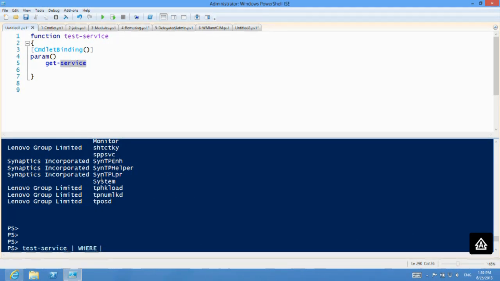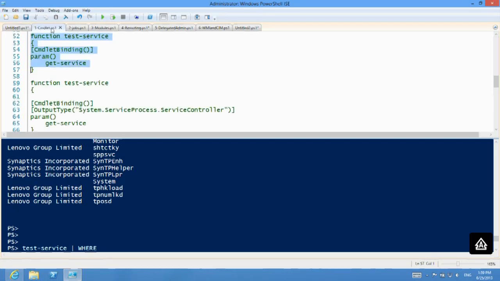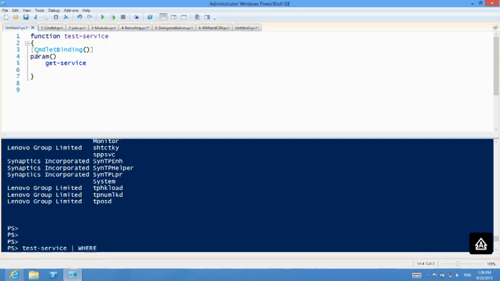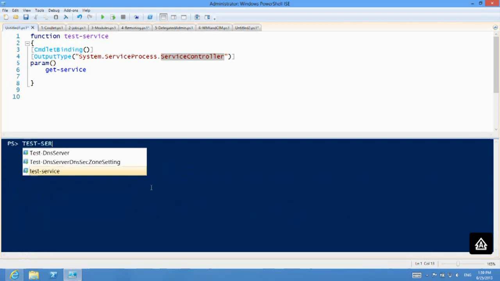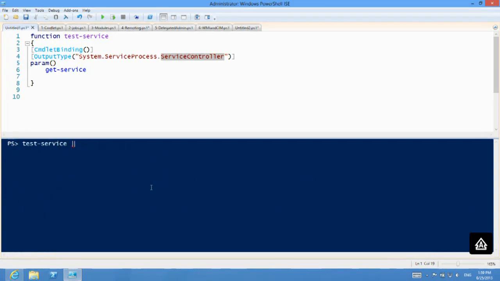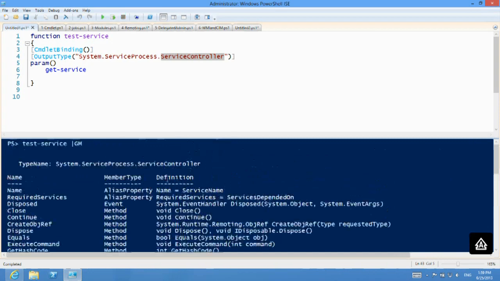And why is that? The answer is because we have no idea what test service is going to reply, right? What's it going to output? We have no idea. So what you do is you tell us. That's what output type is about. You say, hey, this service, I'm going to tell you what objects it outputs. I'm going to tell you that it outputs a system service process, service controller. By the way, how could you have told that? The answer is test service pipe to get member. And it's right there. You declare it to be the output type, and now